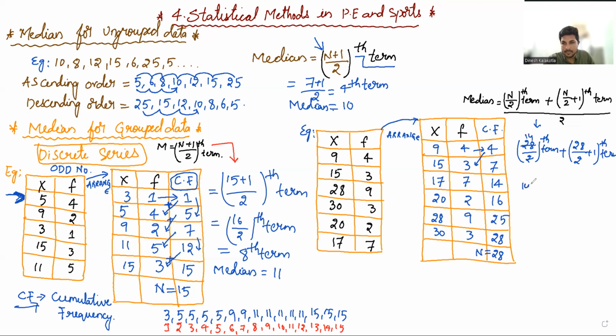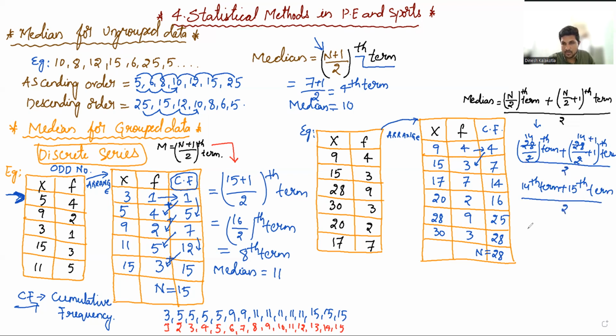So 14th term ప్లస్ ఇక్కడ 14 + 1 కదా, ప్లస్ 1, So 15th term కదా. So 14th term plus 15th term